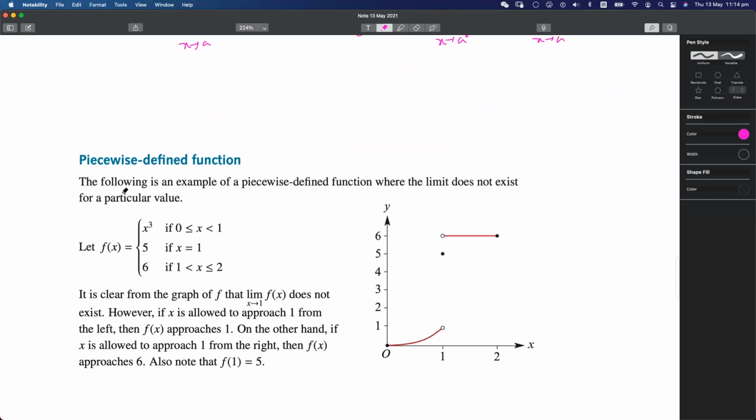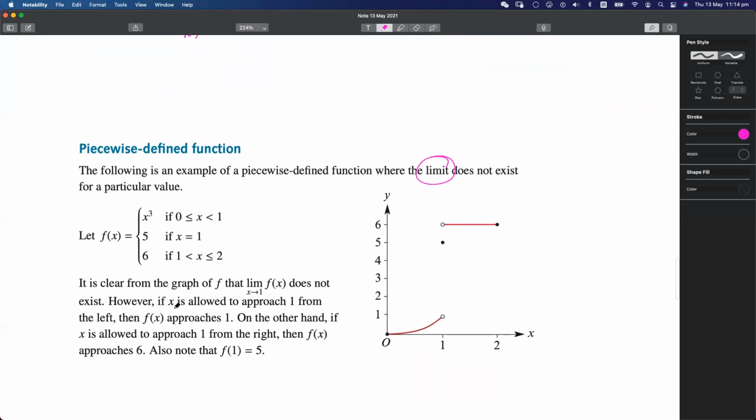Piecewise defined function. The following is an example of a piecewise defined function where the limit does not exist for a particular value. So we have our function f of x is equal to x cubed, where x is between 0 and 1, it is equal to 5 if x is equal to 1, and it is equal to 6 if x is between 1 and 2, with 2 inclusive. It is clear from the graph of f, so this is your graph, that limit x goes to 1, f of x does not exist,